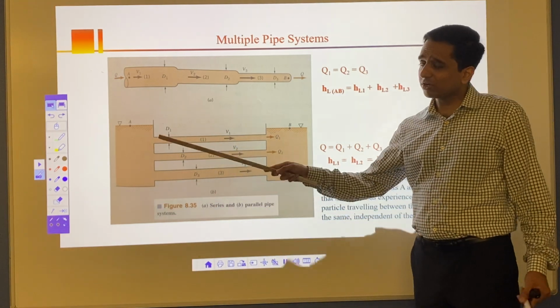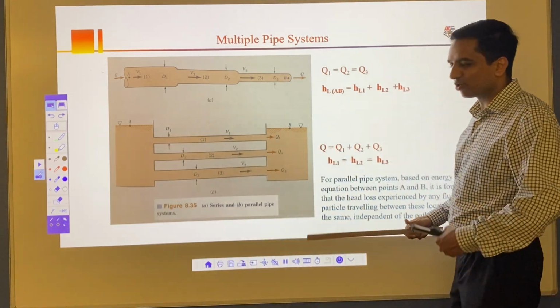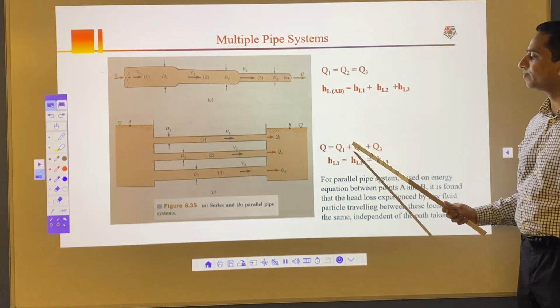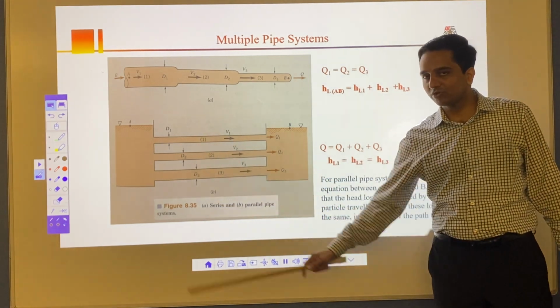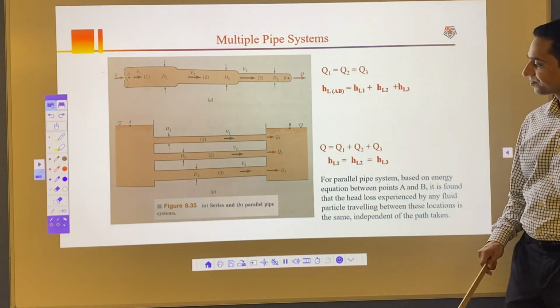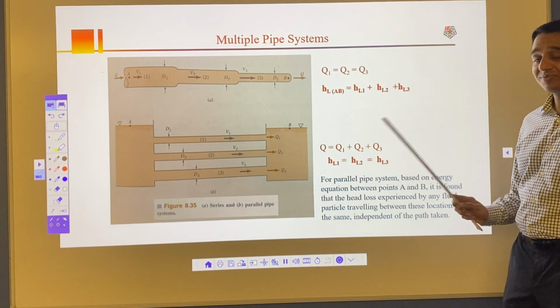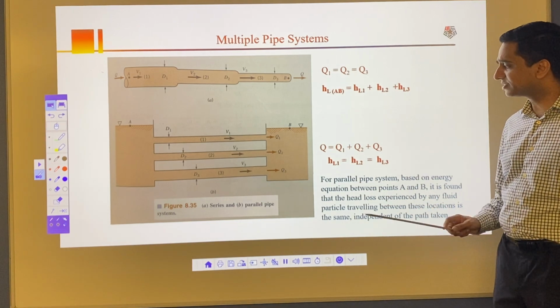Here, the total flow rate from A to B, we are going to add it. Q is equal to Q1 plus Q2 plus Q3. So Q1 plus Q2 plus Q3, all that flow rate is added, and you get Q. And then, when it comes to head loss, the rule says that head loss